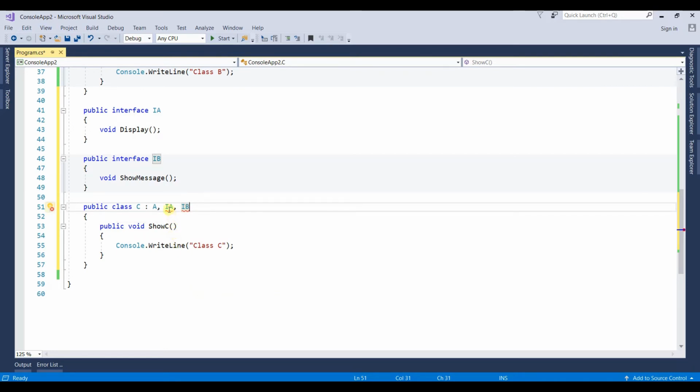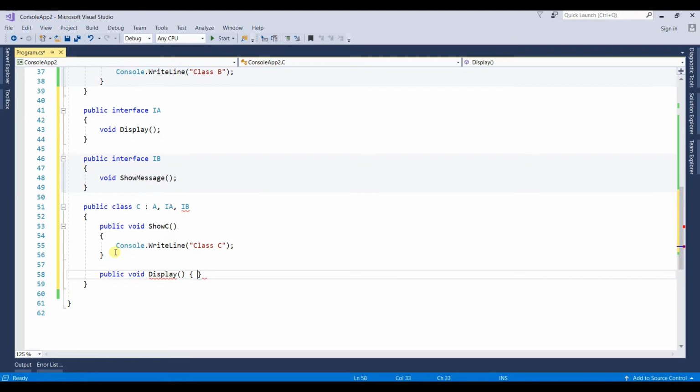So here you can see some errors. Why does it appear? Because whenever a class inherits any interface, that class has to implement the interface methods. So we need to provide the implementation of the display method as well as show message. To provide the implementation, we need to write the code this way: